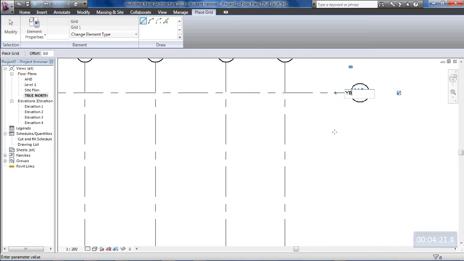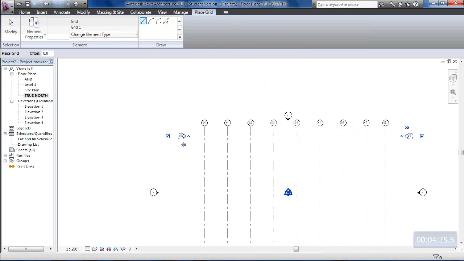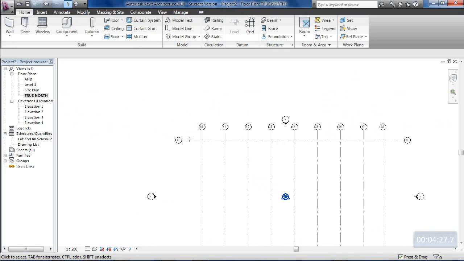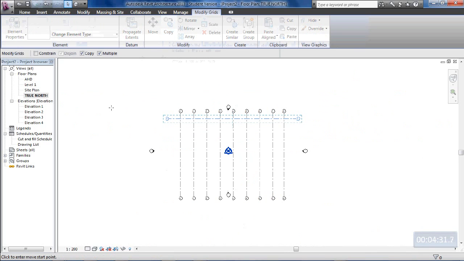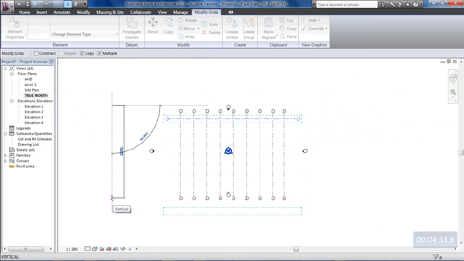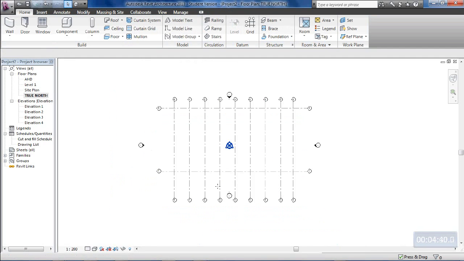and turn the bubble on the other end of it. 24,900 was the distance from Y0 to Y1, so select it, copy it down from space, get it nice and vertical, 24,900, press enter. Okay, so now these grids, they're all locked in together, so I just